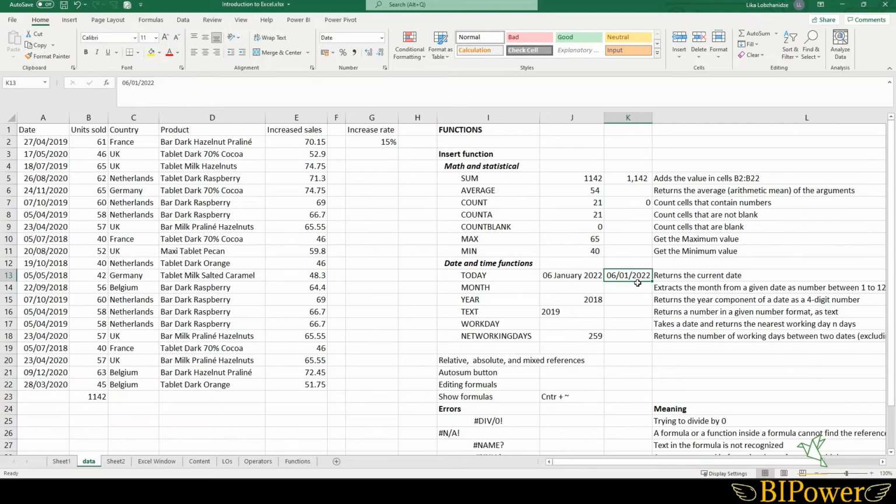If you want to have it fixed, like today you were working on that and you want to have the fixed date, you don't want it to be updated, then this is the quite good way. If you want it to be dynamic, then enter the function there. Well, next function